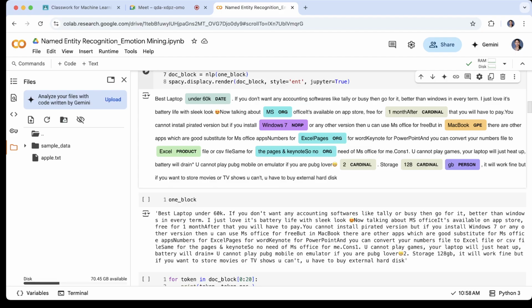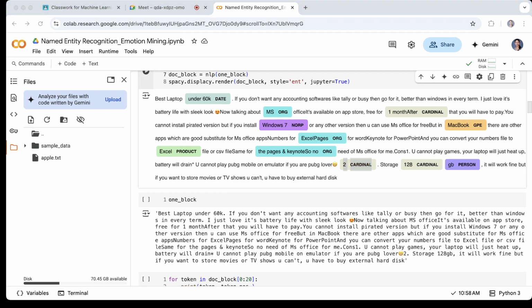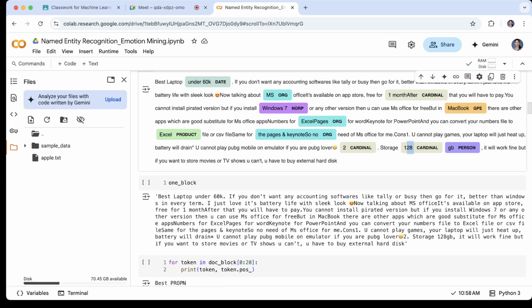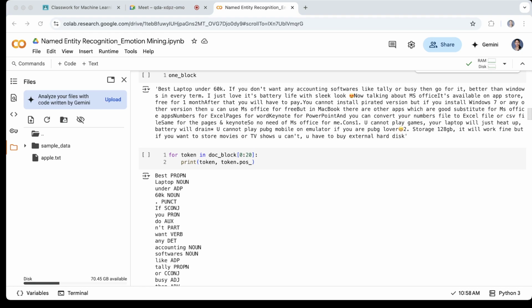Just like here, 2 is cardinal, which is correct. 1 month is cardinal, partly correct. This is cardinal, this is correct. JP, I don't know what it is. But yeah, what it does is it tags the part of the words of the sentences as a